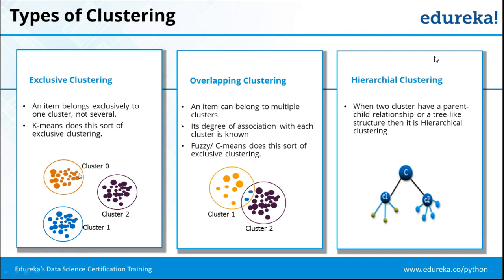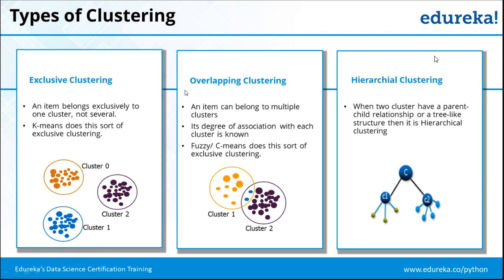So here we can see this item belongs to this cluster, these items belong to this cluster, and these blue items belong to this cluster. It is not happening that one item, let's say this item, belongs to more than one cluster, right? So each and every item belongs to just one cluster, right? So this is what we call exclusive clustering, and K-means is one such technique which works as an exclusive clustering technique,